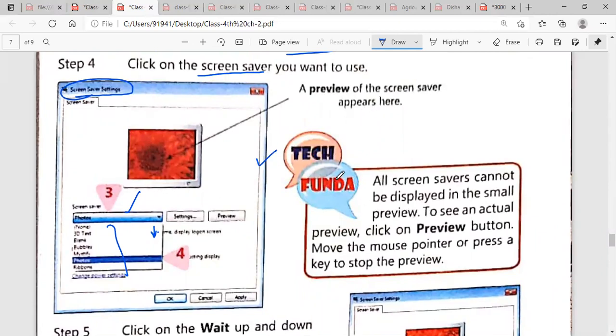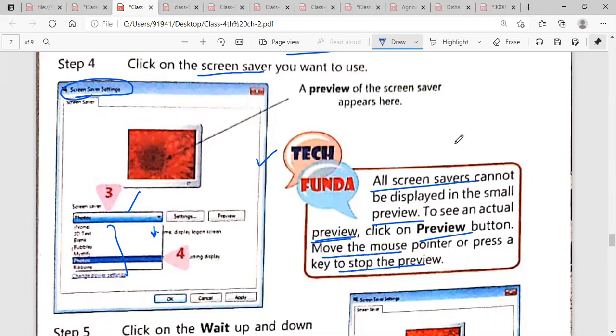Now what is the tech funda? All screensavers cannot be displayed in the small preview. If you want to see the actual preview, then click on the Preview button. After that, move the mouse pointer or press a key to stop the preview.